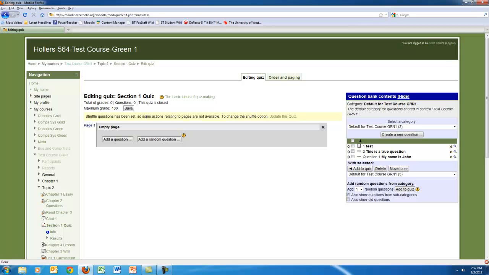Notice it says shuffle questions has been set. I'm going to explain to you here in a moment why that's important, and then I'm going to go back to a different view so you can see it from the other perspective as well. So right now I need to add questions, and you'll see it says page 1, empty page. There's nothing here. I could delete this page by clicking on the X here, but I actually need to put